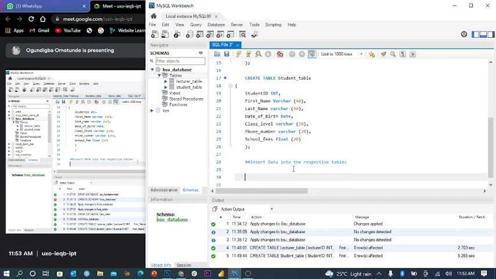Now the code for inserting is very simple too. Just insert into, then you define the table you want to insert into. So insert into, what table are we trying to insert into? The lecturer table. When you misspell the name of a table, SQL is not a wizard. It can't get it for you. So you have to make sure you are spelling it right.